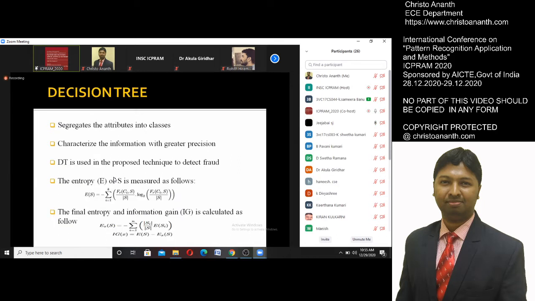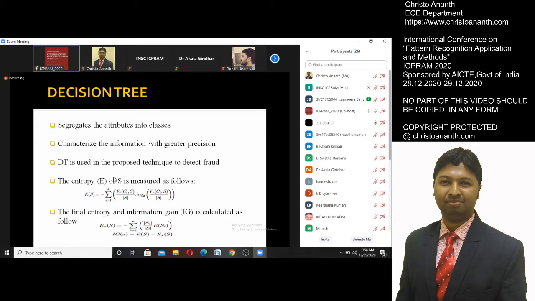Here, the decision tree segregates the attributes into classes based on their respective features, and it also characterizes the DT using logical models, giving greater accuracy while overcoming the drawbacks of formal methods. By this, it motivates authors to use the DT approach for detection of malicious consumers.